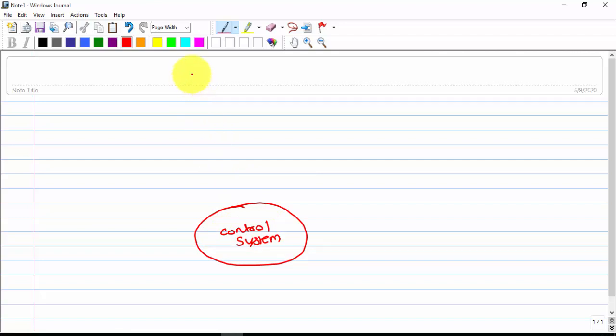You can change color, for example pink. Then you can choose different colors just by selecting the color icon. Like this you can write.